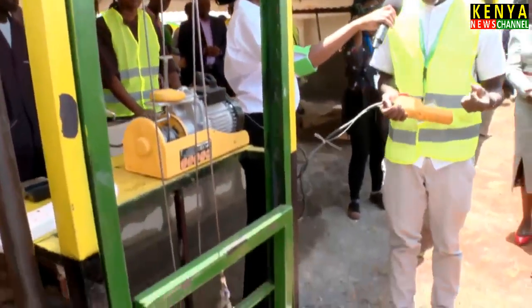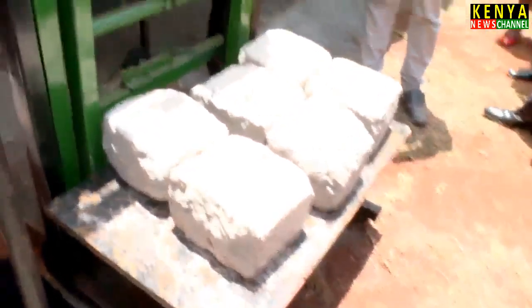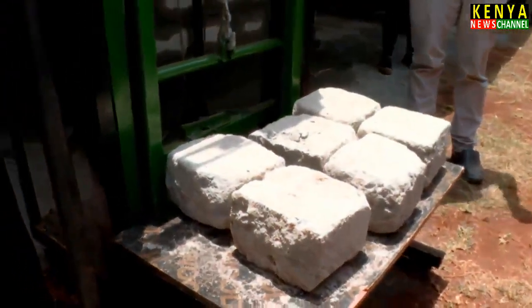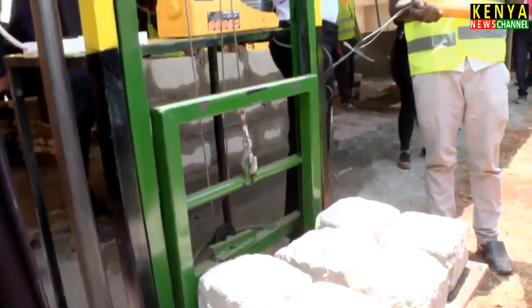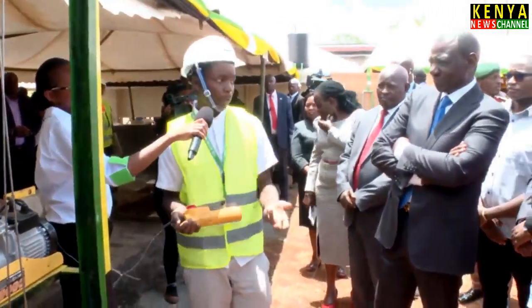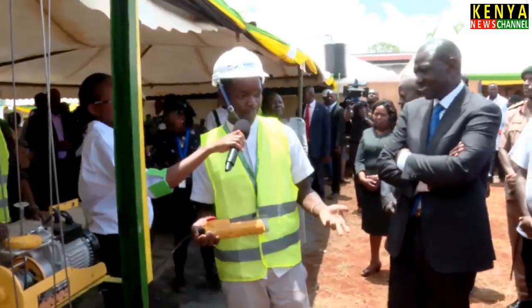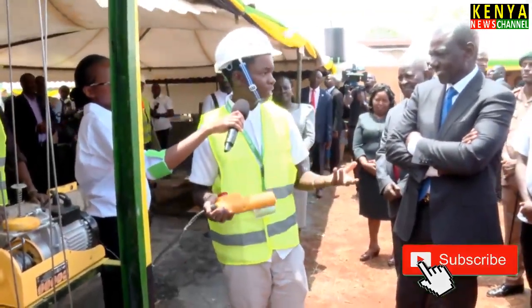And also the other thing with this machine is that it is electric powered, and it is using motor power. So the other thing, in case of power breaking, we can back up using solar power, and that is energy that you can find anywhere. And it is also affordable because us as the young people, we need to start somewhere. There are other big machines that are used in the industries, and us as the young people, when we enter that industry, you see sometimes it is